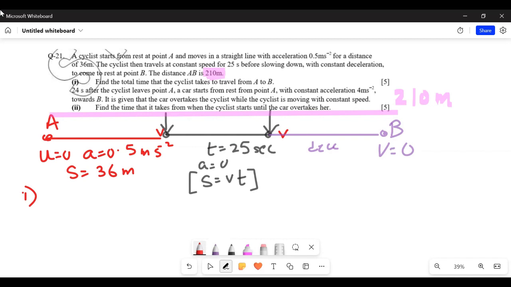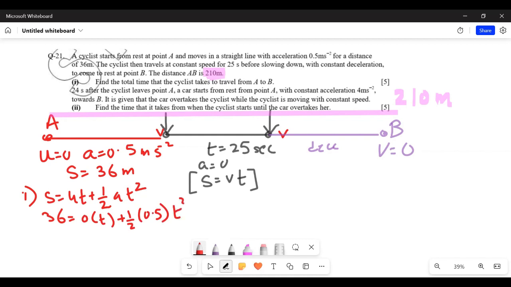We need T, so we can do S is equals to UT plus half AT square. 36 equals 0T plus half 0.5 T square. So T is 36 into 2 divided by 0.5 and then square root of that, which gives us